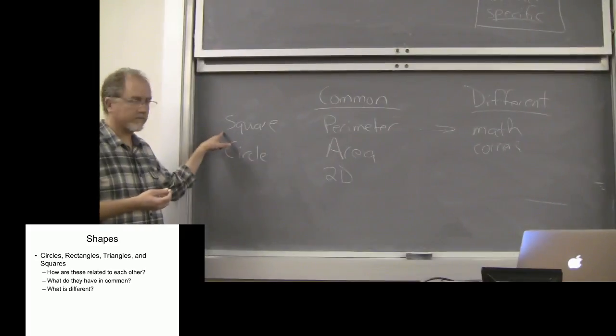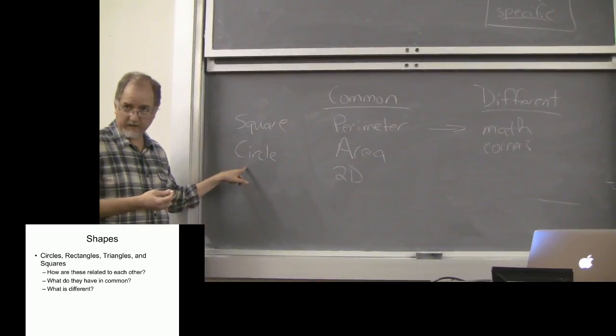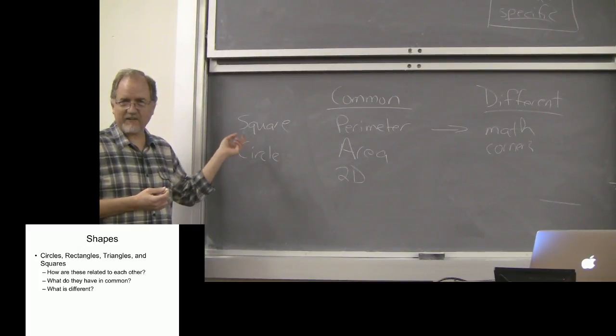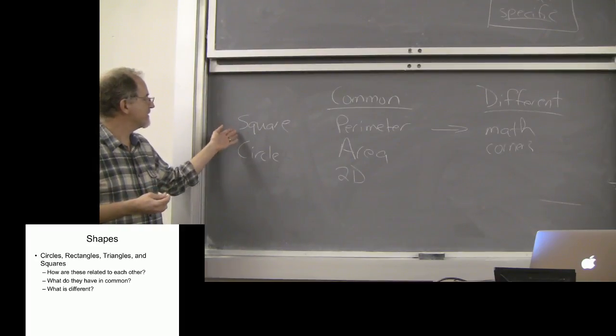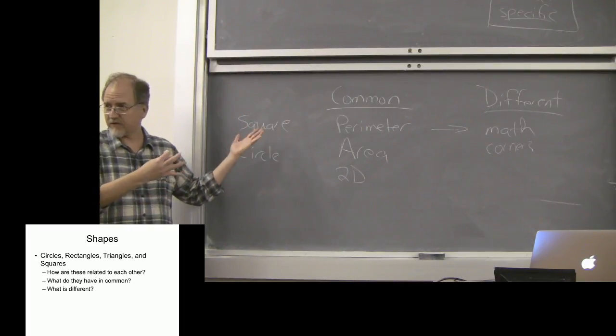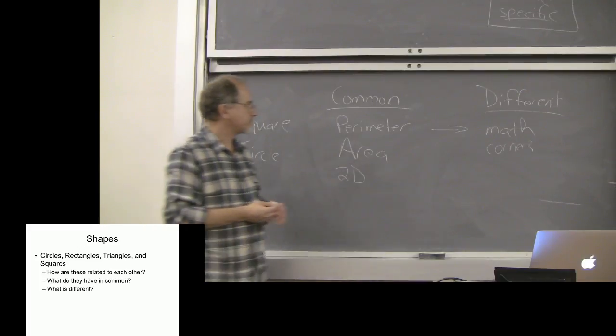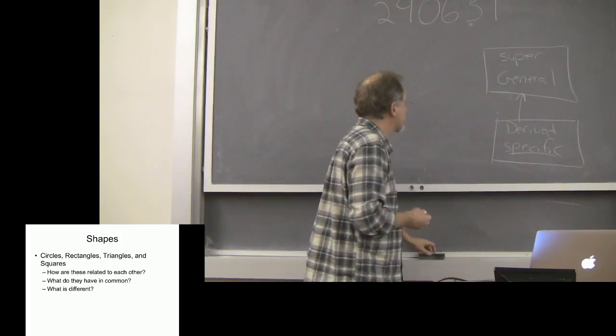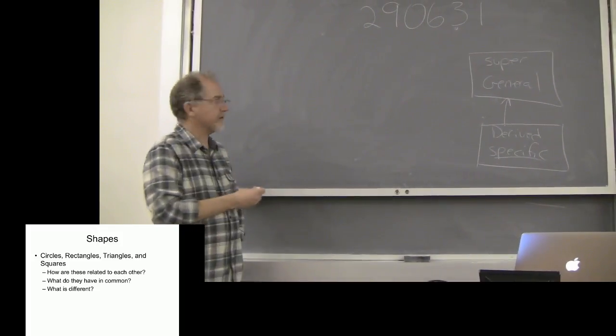Would you pick square? And then this is like a more specific kind of square? Or would you pick the other? So we're kind of stuck here a little bit, right? There's not a clear answer as to which one of these is the more general one. So instead, we're going to introduce an artificial layer,